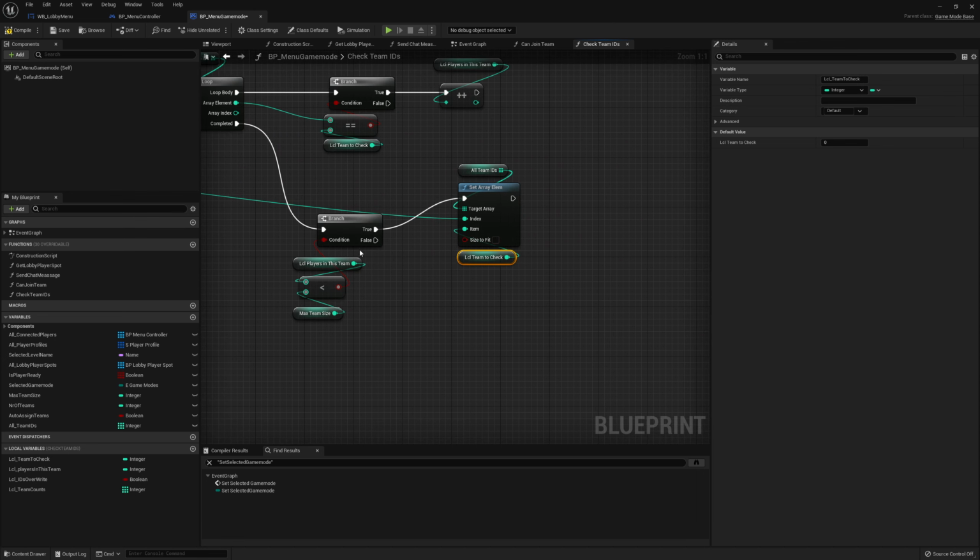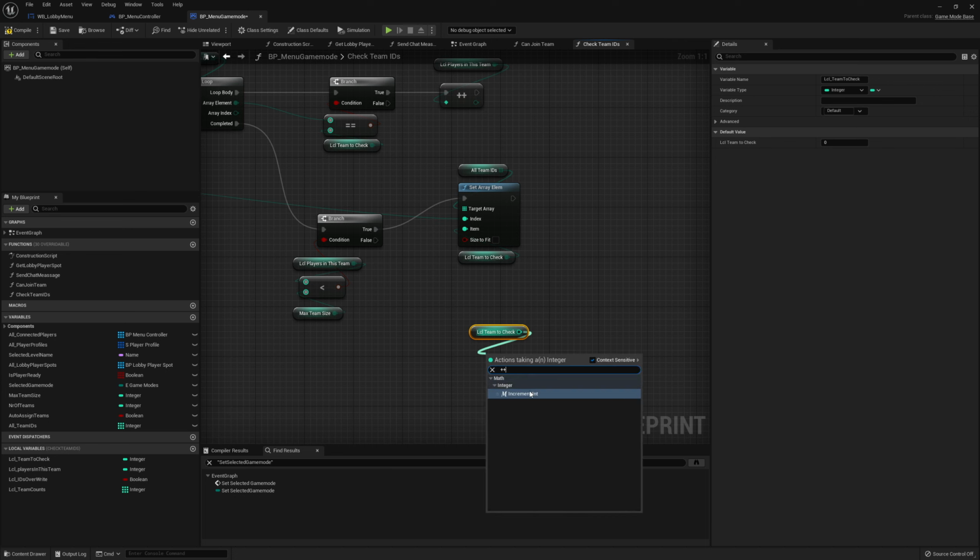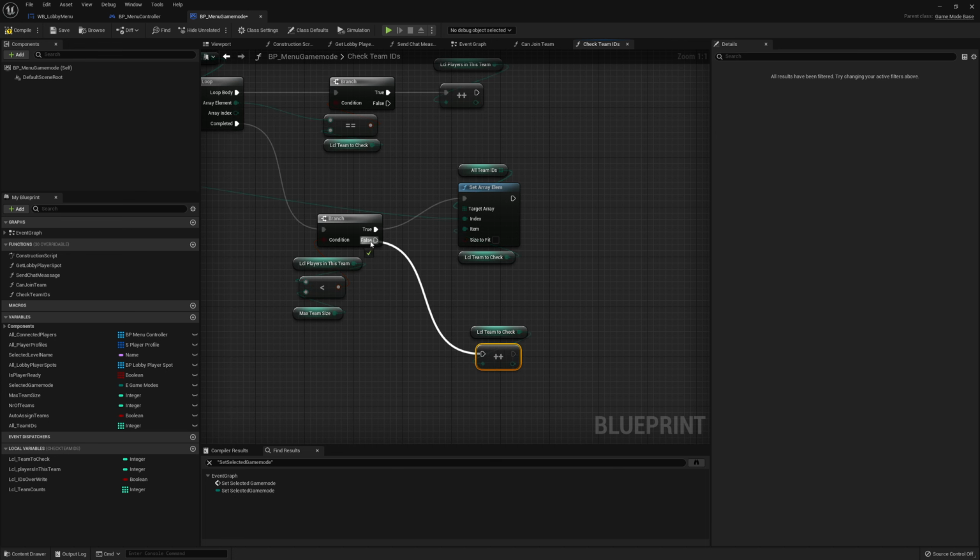Okay, if this is false, we cannot add the player to this team. The team is already full, so we want to check another team. So we're going to grab our team to check, and we're going to increment this integer. Plug it into the false pin. And then we want to